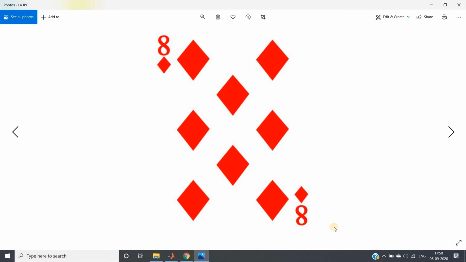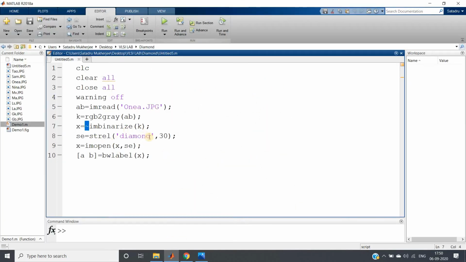These corner diamonds should not be counted, and if we are able to make an image which has only these bigger diamonds, then the total number of these bigger diamonds equals the card number. So I am applying imopen using a diamond-shaped structuring element of very huge size, 30, and then applying bwlabel, and the second output argument is going to give us the count. Let me show you.